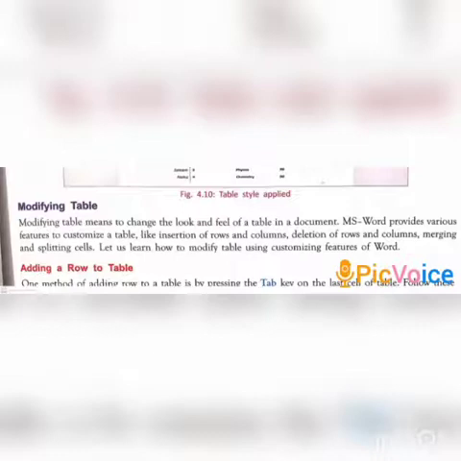Modifying the design will change the way the table looks. Modifying the layout will change the way the information is distributed in the table. That is modifying a table. Modifying table means to change the look and feel of a table in a document.